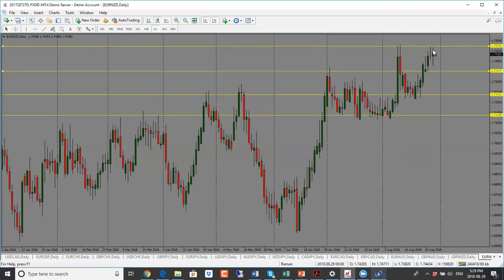Euro New Zealand here, this one is neutral. For the last couple of days, we have seen that price did try to push higher, but wasn't successful. And as we can see, price is struggling at the support resistance level. So as long as price stays below this, right now my bias is neutral to bearish on this one because price is respecting this level. So I would look for price to drop from here, but it can retest this once again.